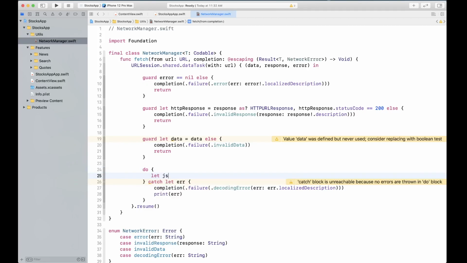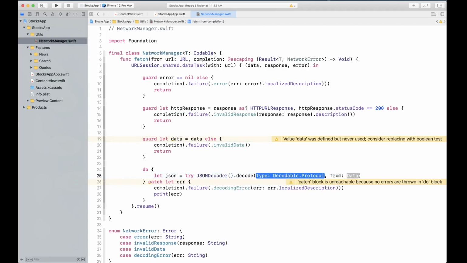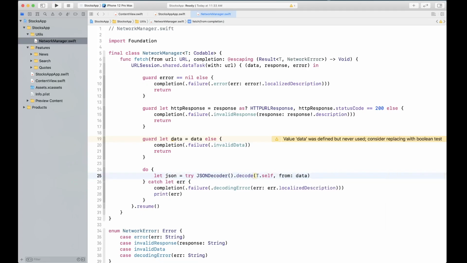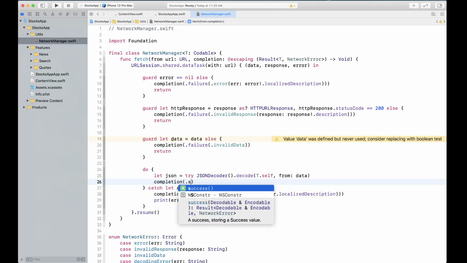So simply with this constraint, it gives us the ability to get the JSON from that data object that we have received, and we can use JSONDecoder dot decode, and we can simply say T dot self. So just call on T self, that's going to be the type, and convert data into that type T. And for the completion, we are going to call success this time.